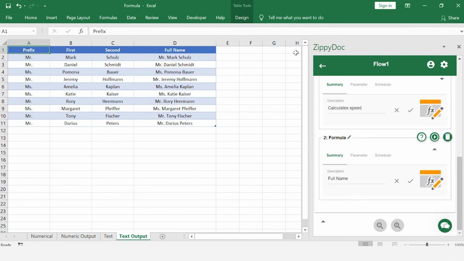Formula is a flexible tool to carry out complex numerical or text calculations. The filtering feature and the ability to add multiple formulas to a flow make it a powerful tool to carry out complex, multi-level calculations. Furthermore, the ability to add annotations and descriptions at each step helps in reviewing and updating